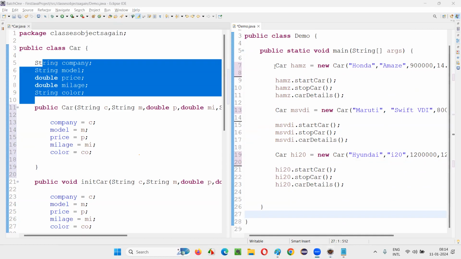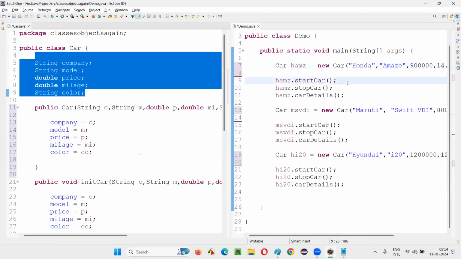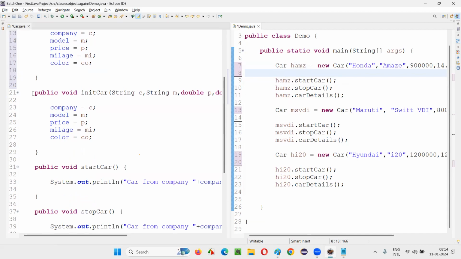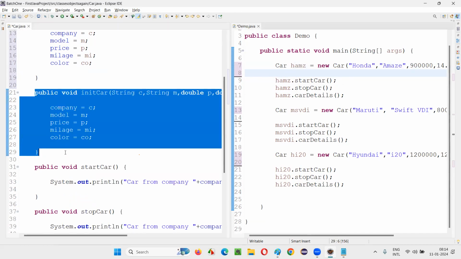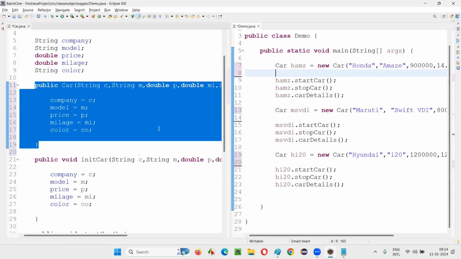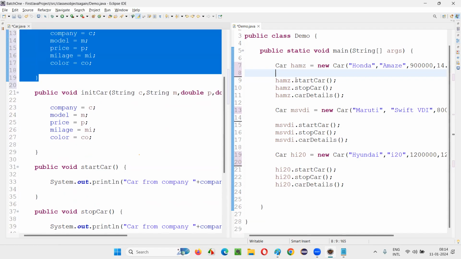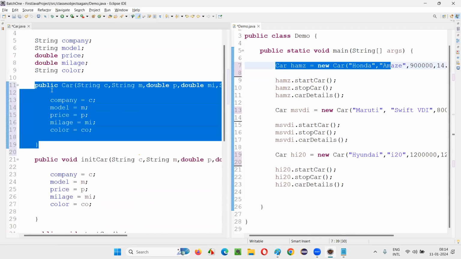Yes. So in the object creation statement itself, anyhow we are calling the constructor. So if we utilize the constructor for initializing, the variables will get initialized for that particular object. I don't have to create a separate method. I can delete this method now. If I have a constructor here, I'm reducing the line for separately creating a method and calling that method to initialize the variables. Now the constructor itself is initializing the variables for me.